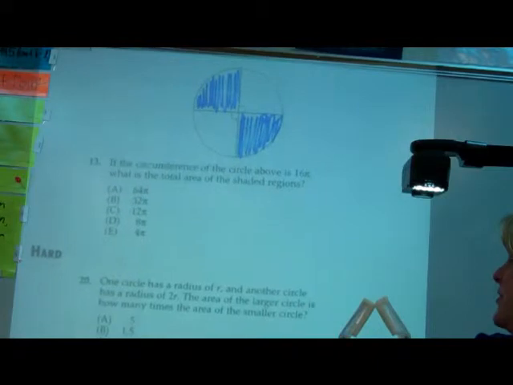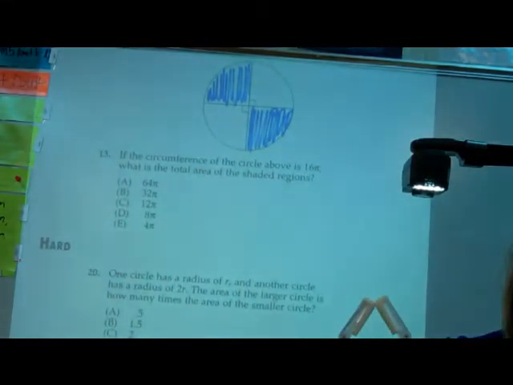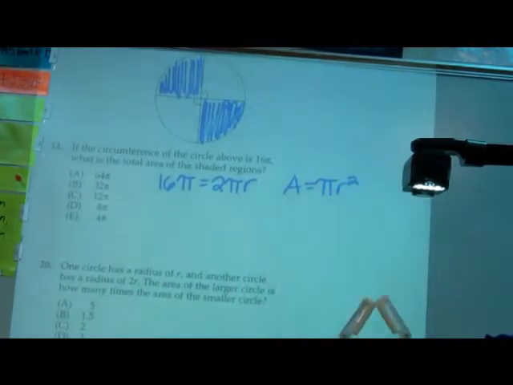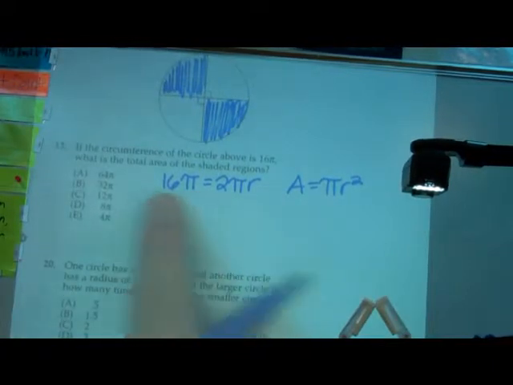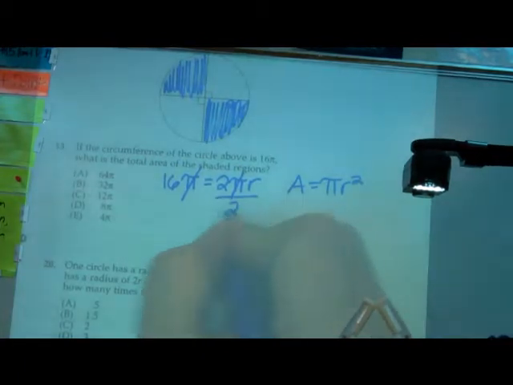All right, the next one, if the circumference of the circle above is 16 pi, what's the total area of the shaded regions? So they give you the circumference, it's 16 pi, and you can use that to find the radius, because you'll need the radius to do anything with the area, because remember, area is pi r squared. So if the circumference, 16 pi, came from this formula, 2 pi r, that's the formula for circumference, you can cancel out the pi's, get pi's on both sides, and then divide both sides by 2. The radius would have to be 8,